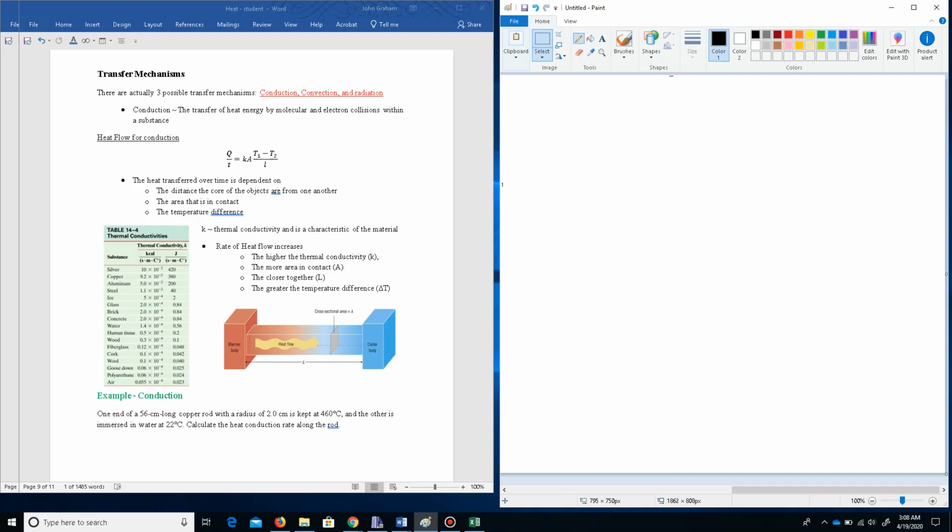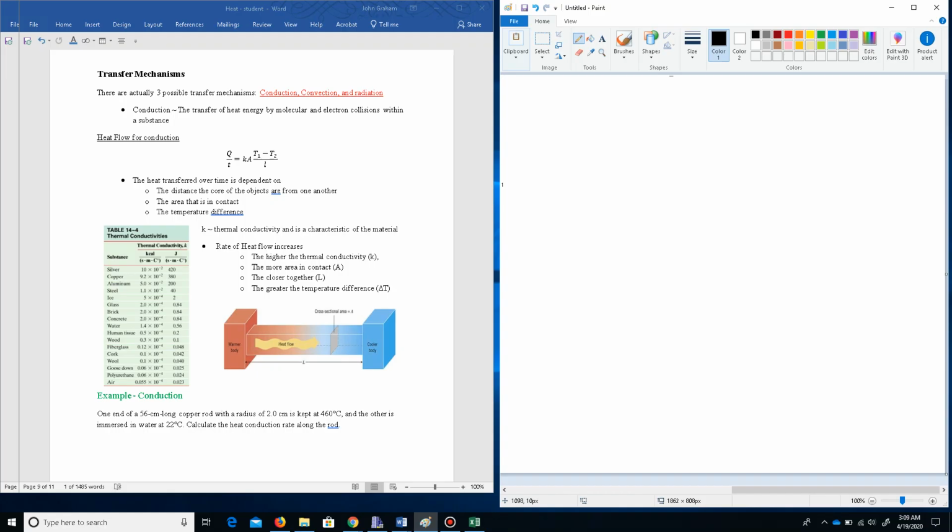Alright, so there's actually three: conduction, convection, and radiation. I'm going to start with conduction. This is the transfer of heat by molecular electron collisions within a substance. The main thing for this is think about touching. Two things have to be touching to have conduction. And so